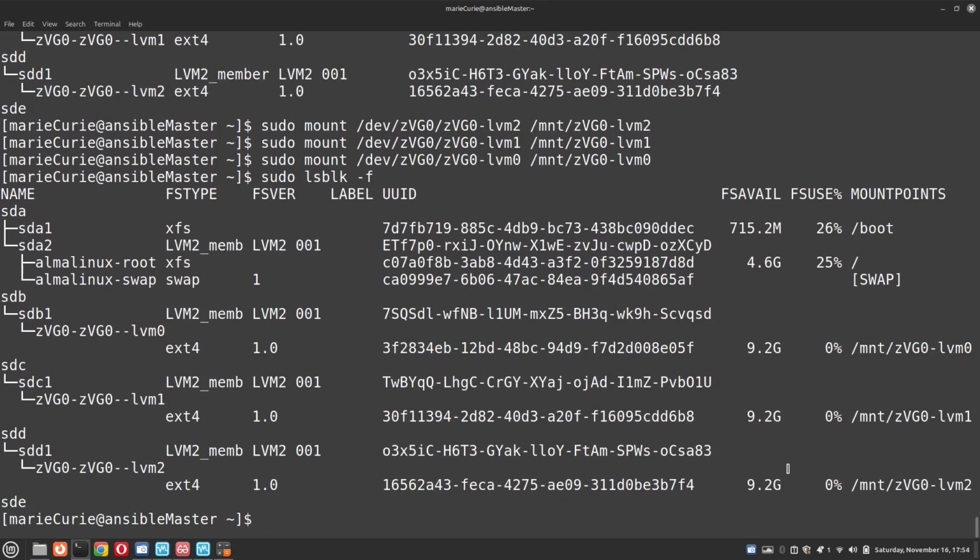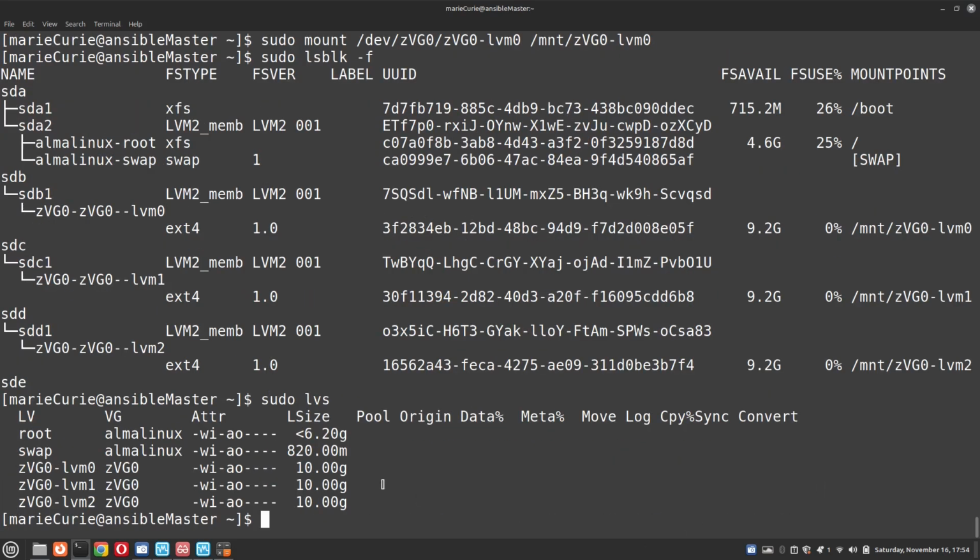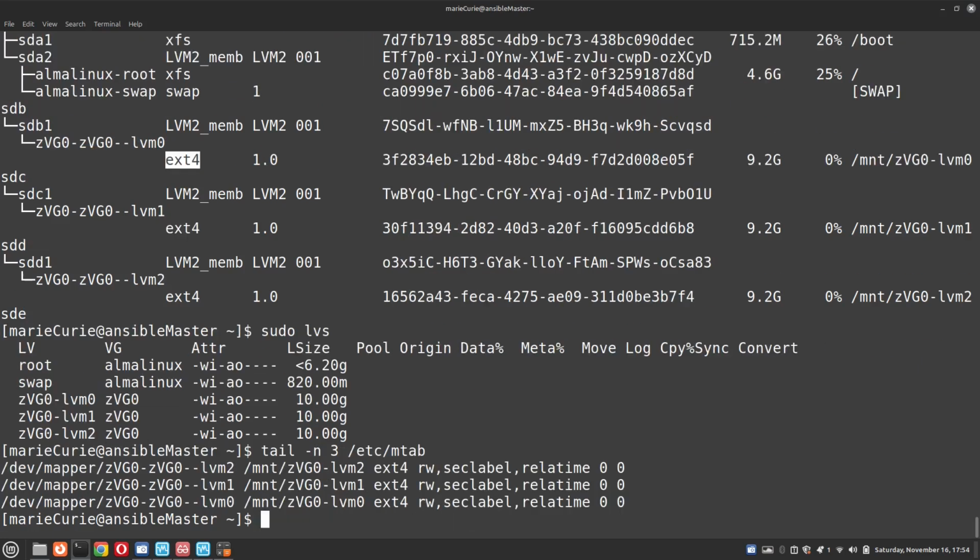If you do sudo lvs, you can see 10G, 10G, 10G. With the lsblk -f command, we could see where each LVM is mounted, and the file system of each LVM also. If you do tail -n3 /etc/mtab, it is a temporary mount point list; there we can see what is temporarily mounted. As of now we have completed